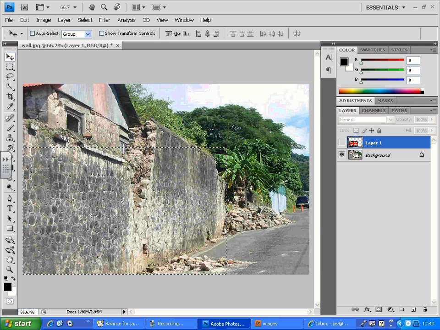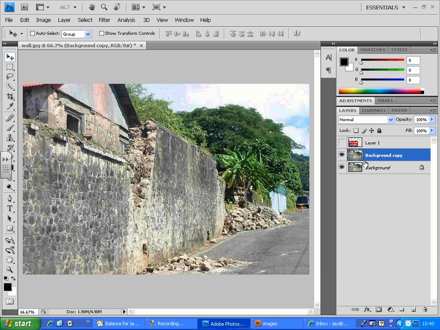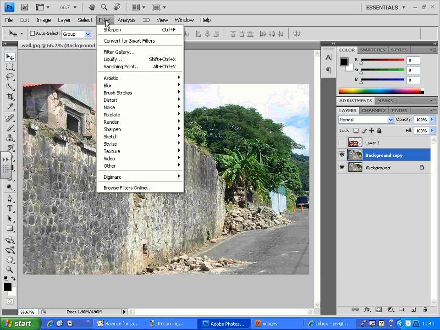and now I can deselect it as well. So I've hidden the flag, I've deselected my contents, and now I can go back to the background layer. Here at the background layer, let me just duplicate it. On the duplicate layer, you go to the Filter menu, and under the filter, just under Liquify, there is a Vanishing Point filter. It's a new addition from CS4. It's not there before CS4. So with the vanishing point,